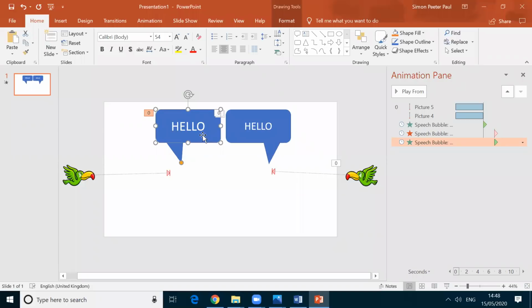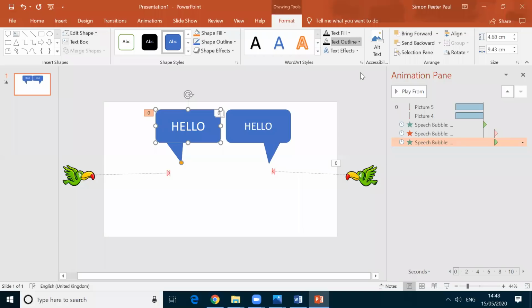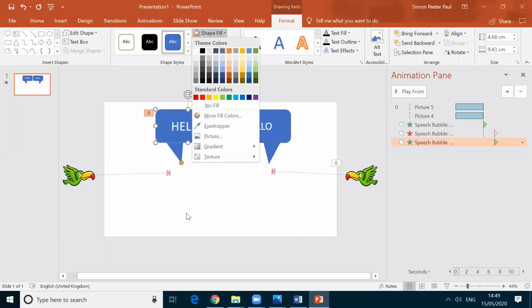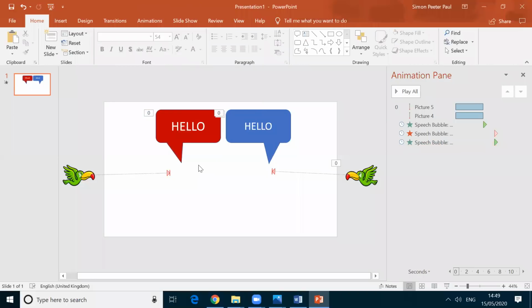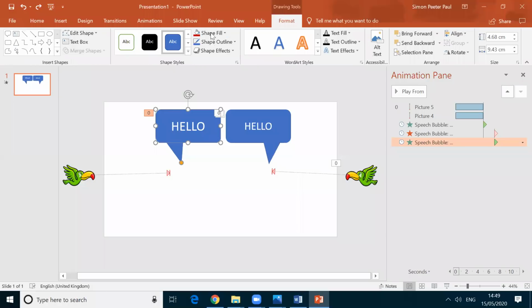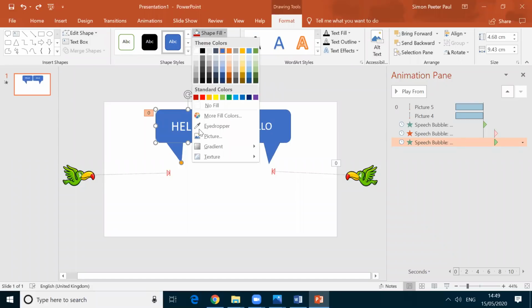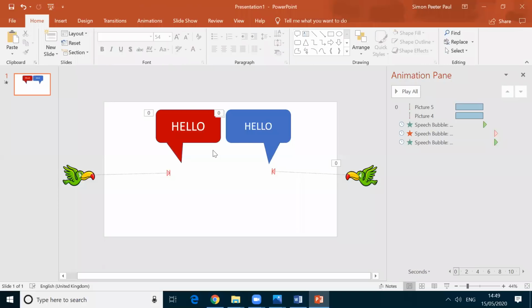When I click on it, I'm getting the format. Here there is an option. Okay, let me do. Here shape fill is there. Here I am going to fill again. See here, let me do it again. Here I'm selecting this one and then I click on format, and after that shape fill is there. I click here and then I click this color because to know the difference, right?